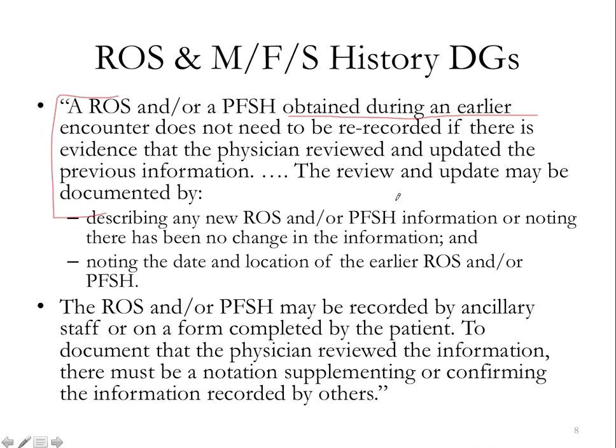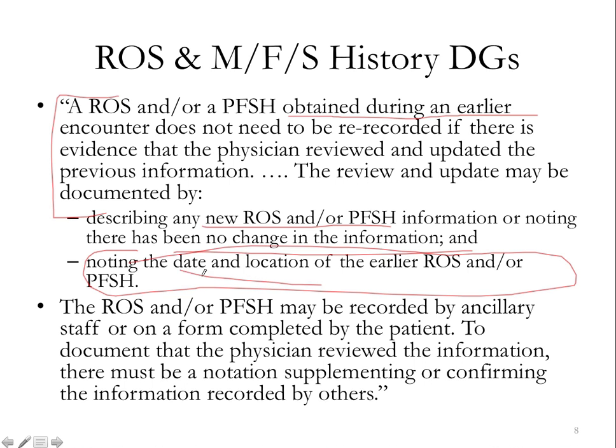They also tell us that this can be done by describing any new review of systems or past family social history, or notating that there has been no change in the information. And this is the quirky part: they say that you need to document the date and the location of the previously referenced documentation. So you really need to be documenting something like, I reviewed the patient questionnaire